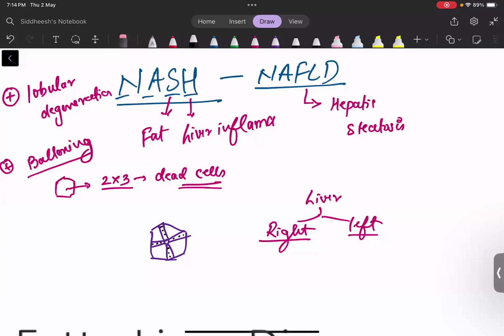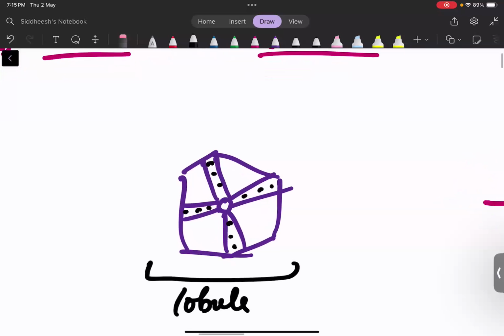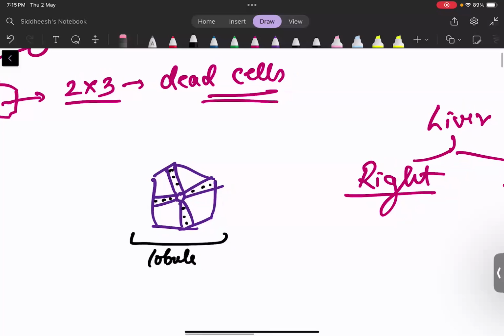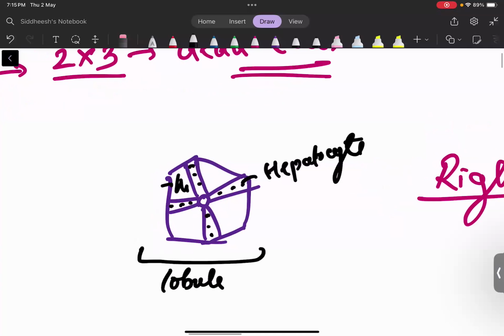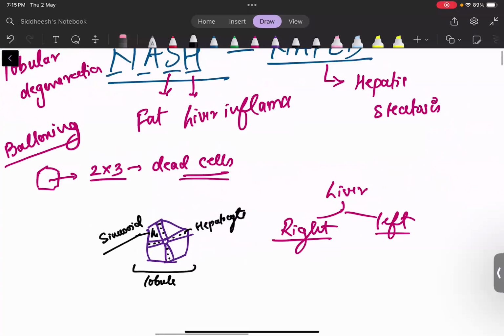No doubts? Okay. So let me zoom in again to our hexagonal structure that is known as lobule. This is your lobule in which we are having these black dots. These black dots are known as what? Hepatocytes. This space is known as what? A sinusoid. Clear? Simple structure. So this is the simple anatomy of the liver along with the basic clear definition between NASH